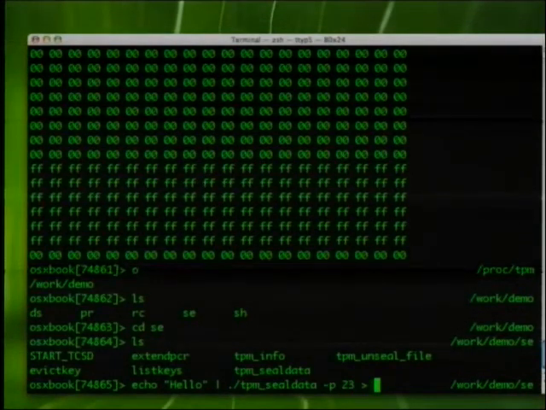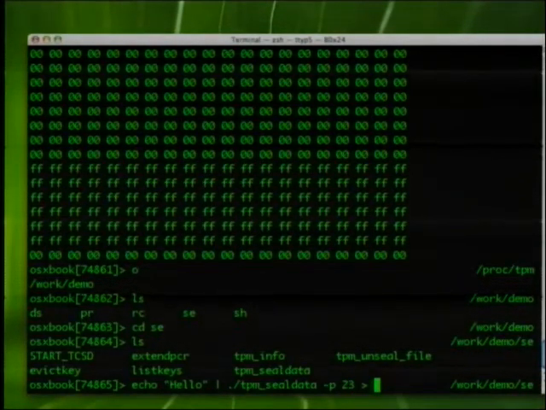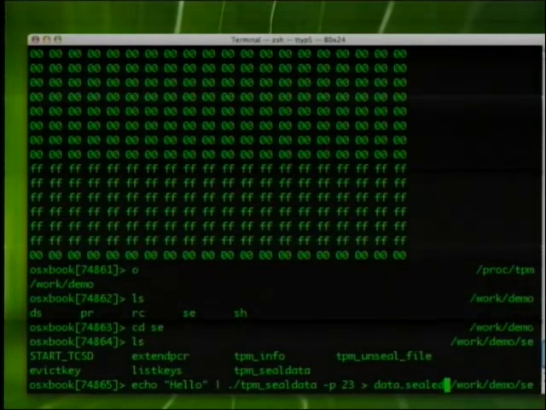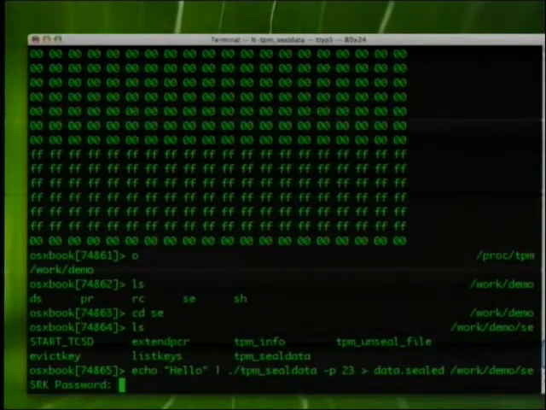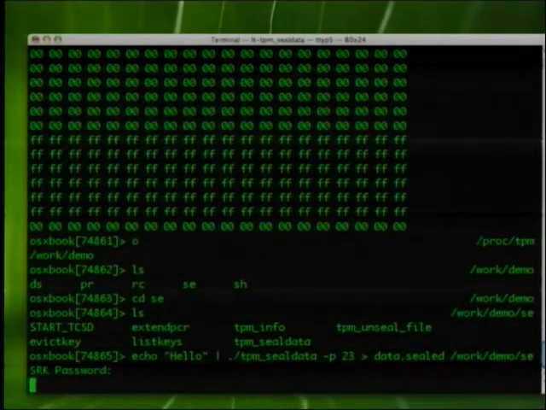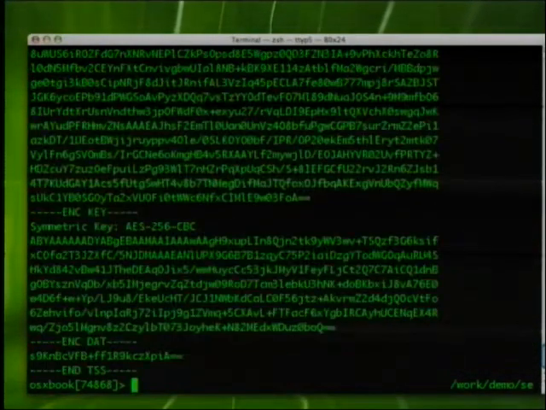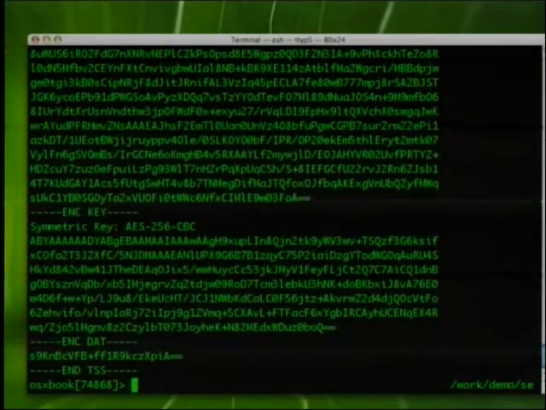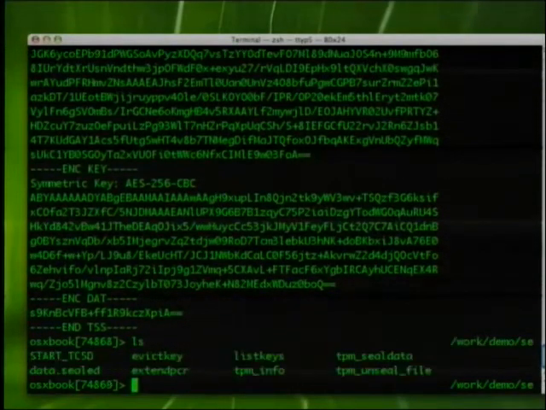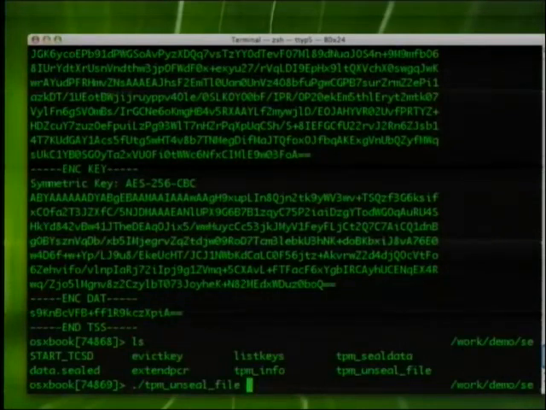Seal this thing, bind it to this register number, and so I have this blob here, this is armored. And well, you can try to unseal it.